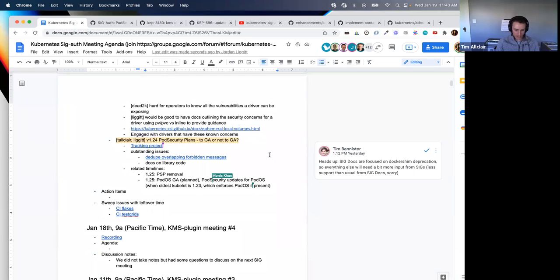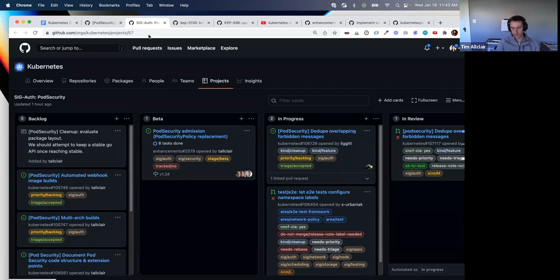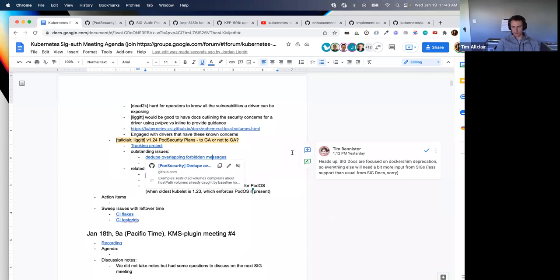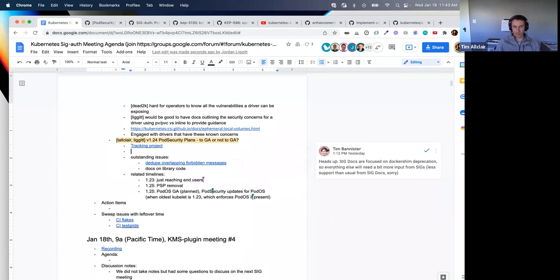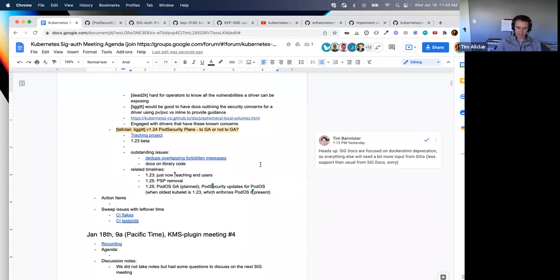Yeah, sure. So pod security admission is currently in beta as of 1.23. At one point, we had discussed that going to GA by 1.24 would be ideal from a pod security policy deprecation standpoint. As the timeline below says, PSP is slated for removal in 1.25.